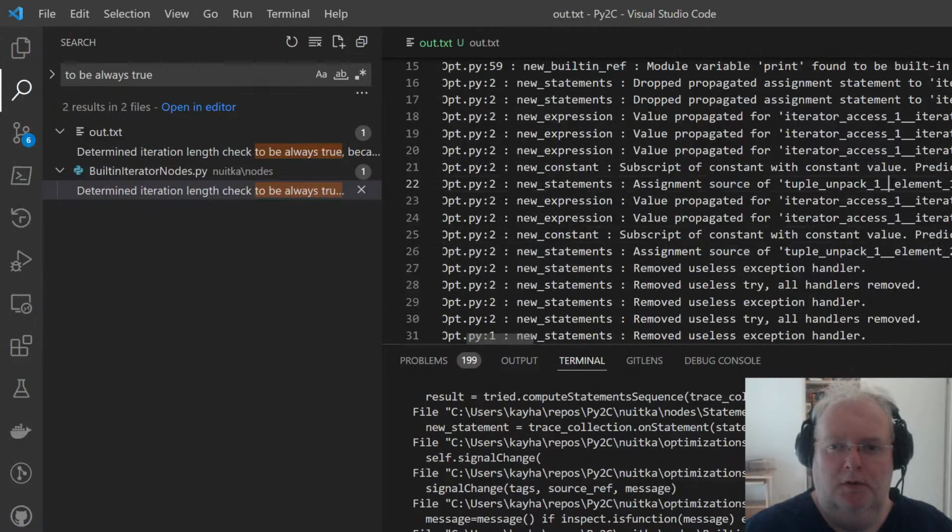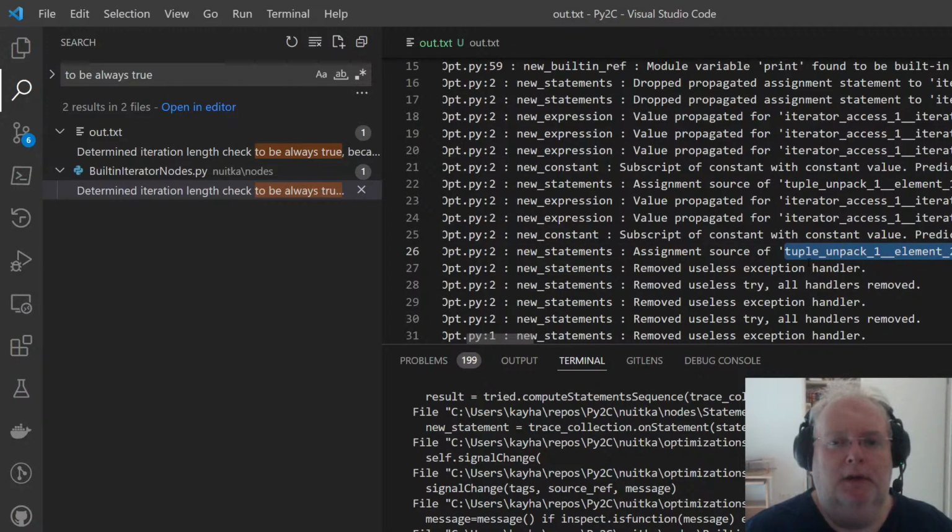So assignment source is now a compile time constant. Is it? Tuple unpack element 1. I don't know. It is a. Did it keep the name?